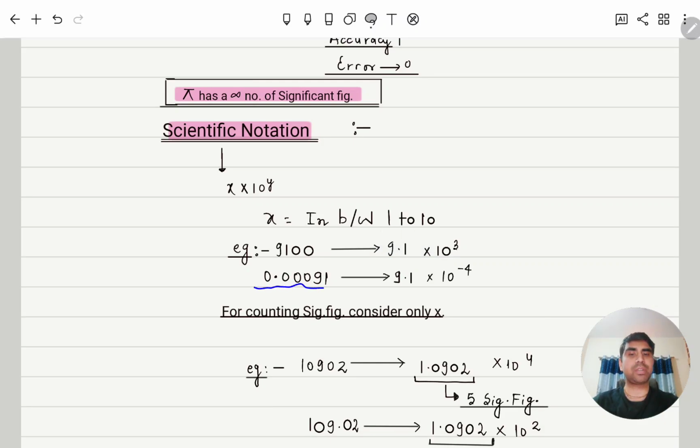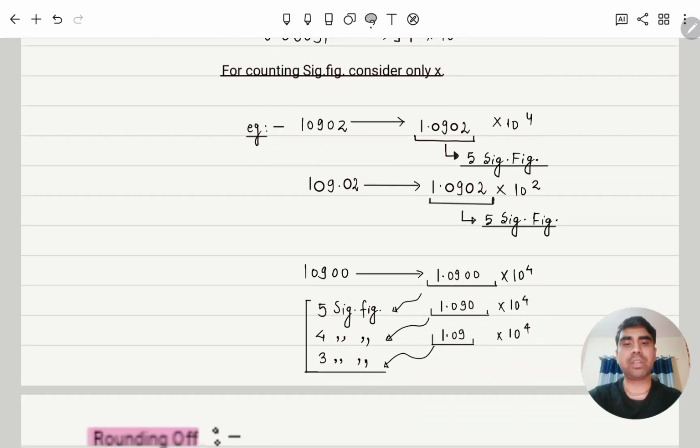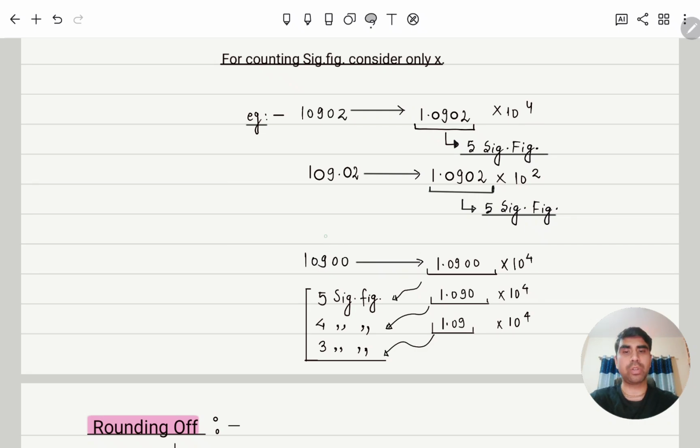Here you can see this number is less than 1, but x must be greater than 1 and less than 10. So here it is 9.1, multiplied by 10 to the power 4 and divided by 10 to the power 4. So it became 9.1 into 10 to the power minus 4. This will not be considered as significant figures. So total how many significant figures? 2. Similarly, we can represent this one also,